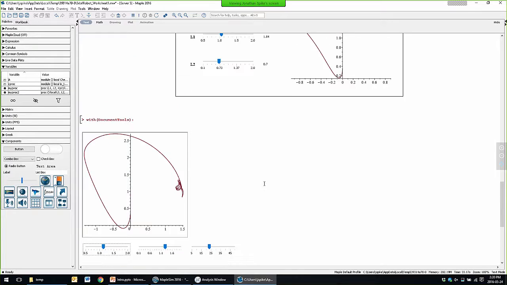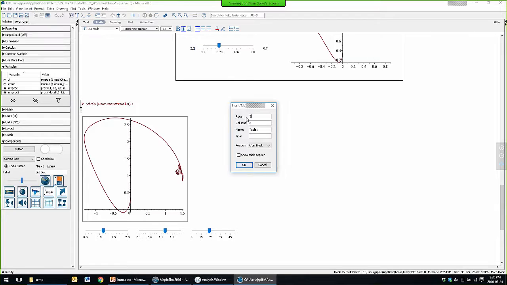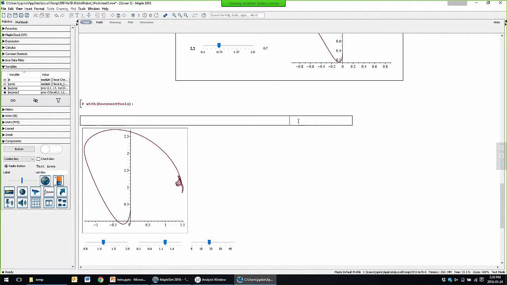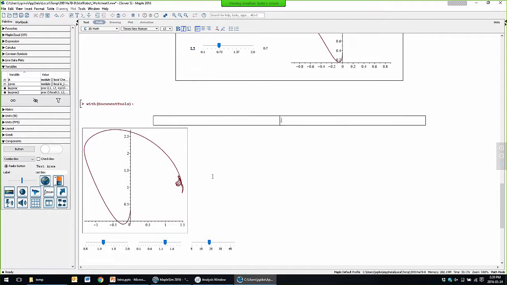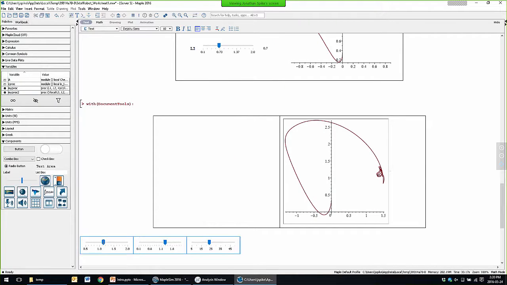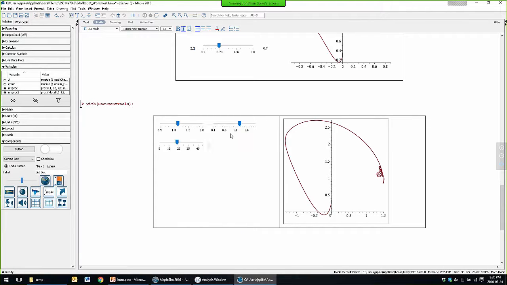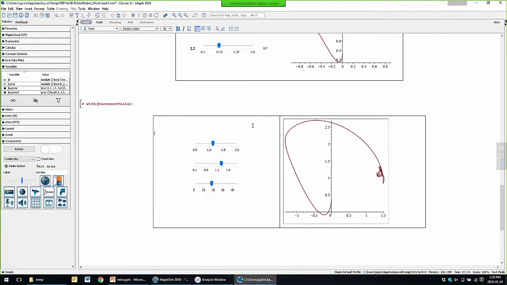If I want to create this sort of table look and feel, that's pretty simple enough. I just say insert table. We'll give it a single row. Maybe if I resize the table a little bit, I can even do things like some centering. This allows for some of the format capability that you might have, and I'll cut and paste my different elements. By cutting and pasting, I don't lose anything like the name reference or any of the procedure commands that I've spent time developing. So now these sliders have simply been relocated here, and I can even do L1,